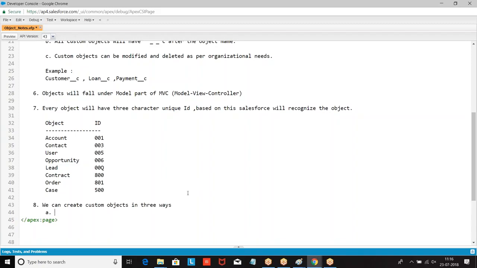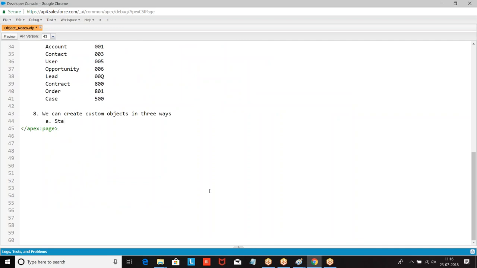One is standard navigation, second is Schema Builder, third is the metadata SOAP API web service, using a program. Let us start with the first one, standard navigation.